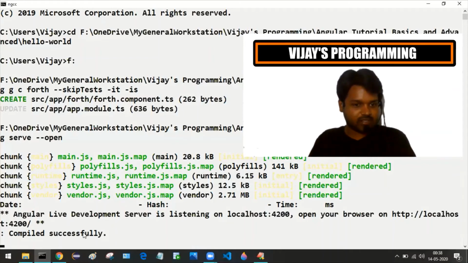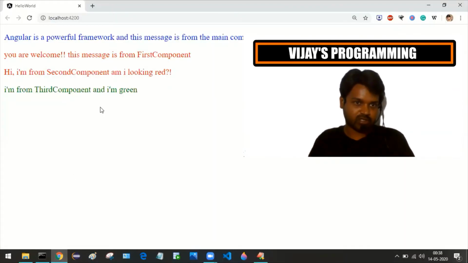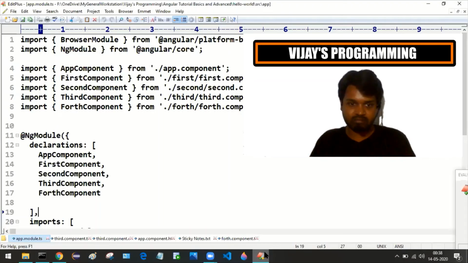Our app is successfully built and compiled, and we can see the result in the browser, but we are not getting the result as we expected. And what is the problem here? I have forgotten something I had to perform.